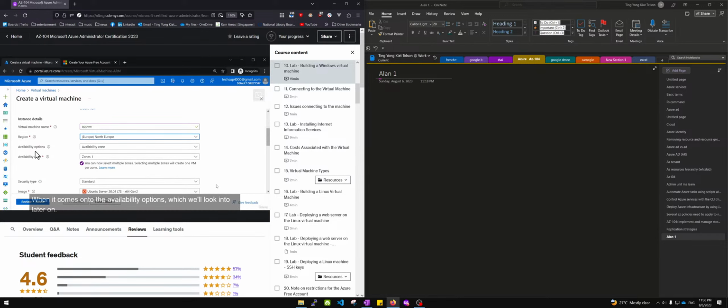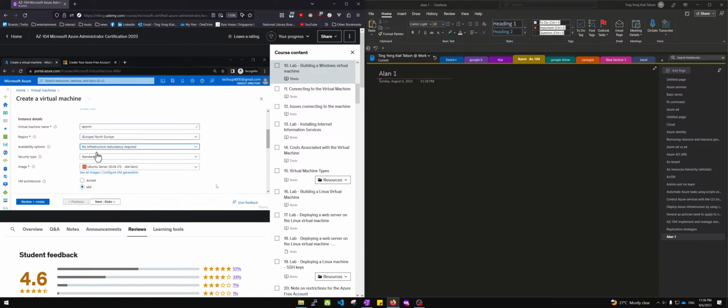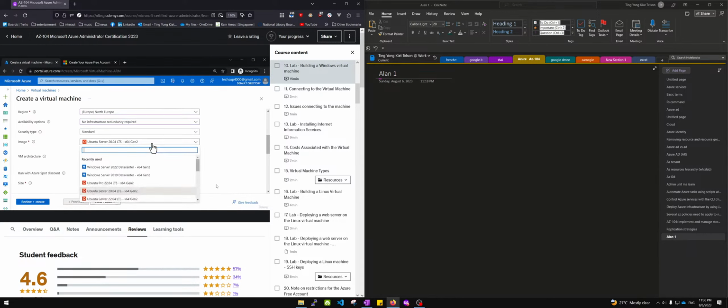When it comes onto the availability options, which we'll look into later on, at this point in time, I'm going to choose no infrastructure redundancy required. I want to keep this as simple as possible. Next is an image. It is asking us to select an image. Based on this image, the virtual machine will be